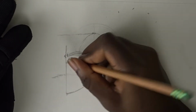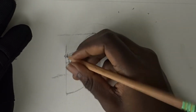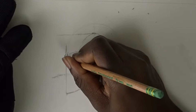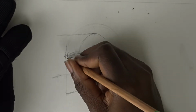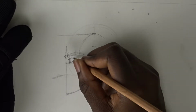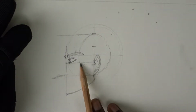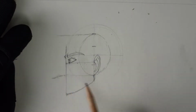Then we're gonna draw a curve in here. And we can draw the iris also. And the pupils and everything like that. Okay, cool. Then we can draw a curved line right above here to indicate the eyelid. Alright. From this part right here, at the very end of the eye line, or the actual eye line itself,